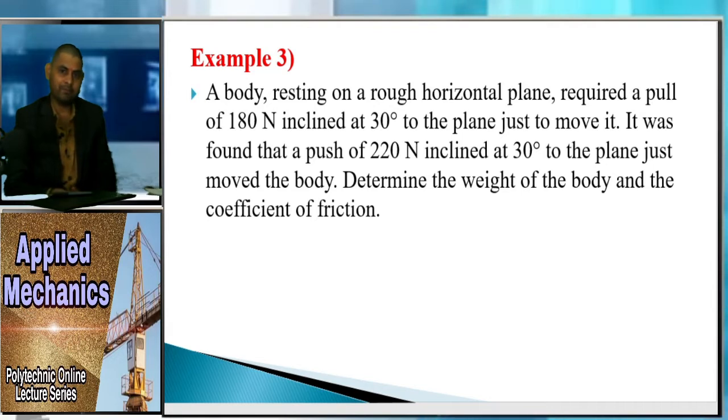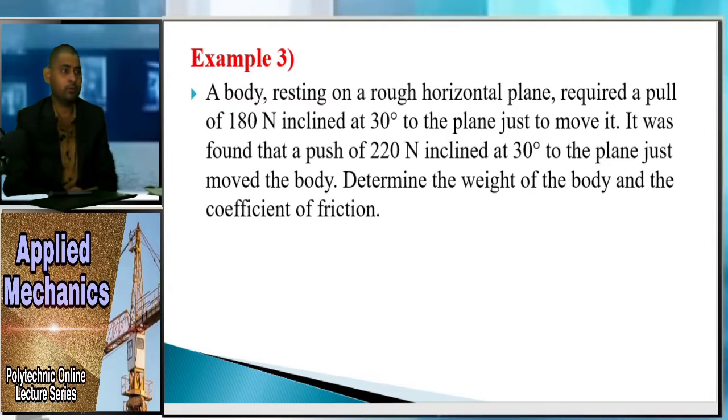So in the previous lecture we have started our chapter number 5, that is nothing but friction. In that we have discussed what is static friction and what is dynamic friction. After that, if the body is on a horizontal plane and the force is also horizontal, how we can solve problems based on that. Then type 2 is when the force is inclined but the body is on a horizontal rough surface. Okay, so now the second problem, on the inclined force but the body is on a horizontal plane.